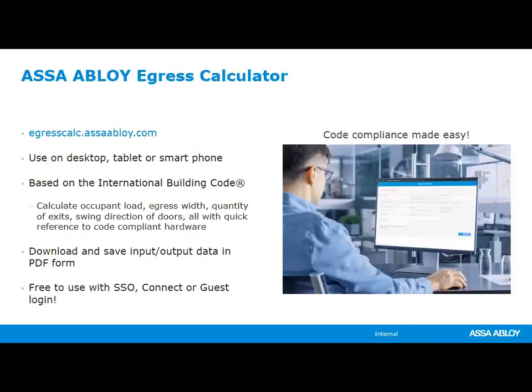And while you're typing in your questions, I want to point out that we do have an ABLOY egress calculator. It's a free tool for everybody to use. You can use it on your desktop, a tablet, or your smartphone, and it's egresscalc.assaabloy.com. It's based on the IBC, the International Building Code. It can help you verify what code compliant hardware